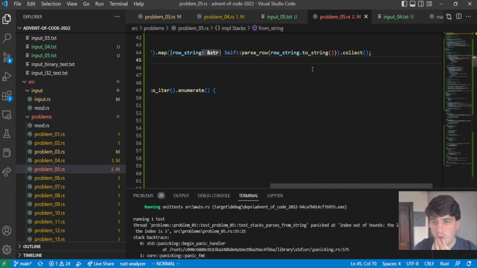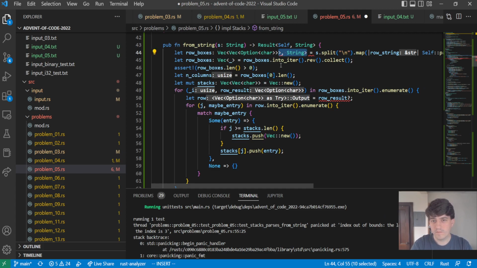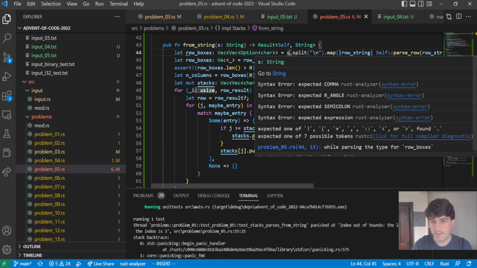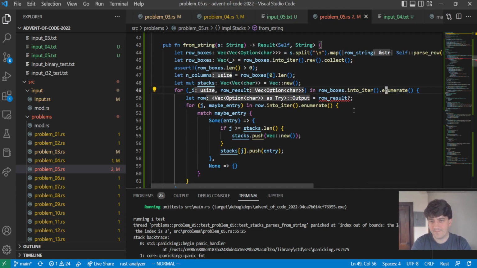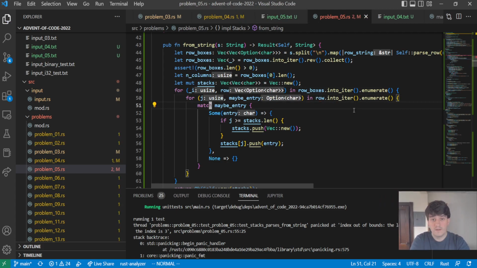There we go. Okay, cool. And so then I can just say this. And now it's not even a result. Nice. Okay, and then we can get rid of this, and this can just be row. Nice. And now this vector can instead be